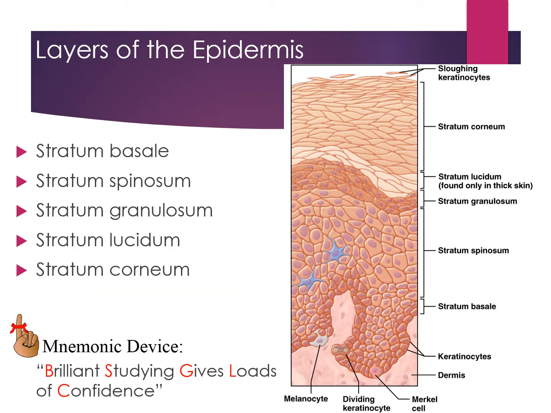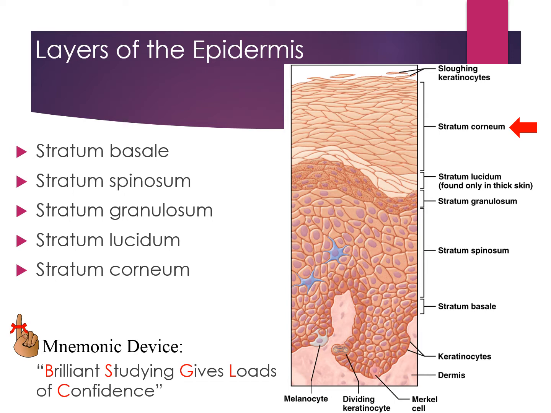The epidermis is composed of 5 layers. From deep to superficial, these are the stratum basale, the stratum spinosum, the stratum granulosum, the stratum lucidum, and the stratum corneum. You will need to remember the layers of the epidermis in order, either from deep to